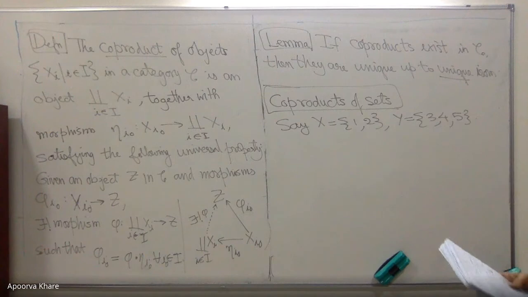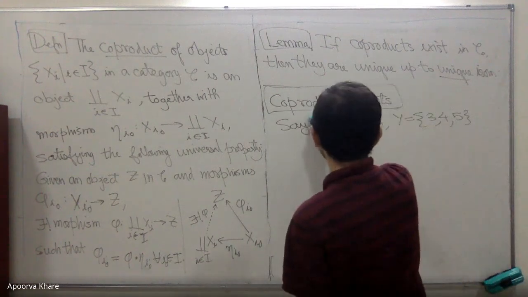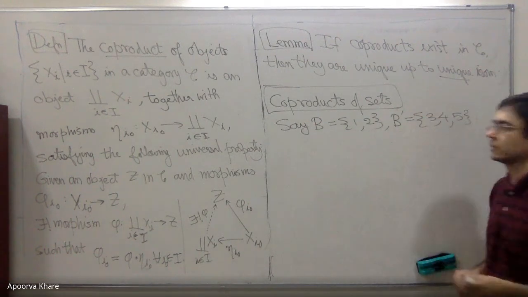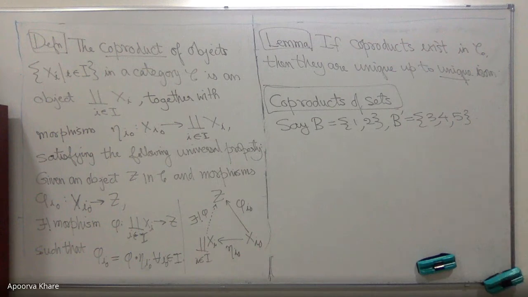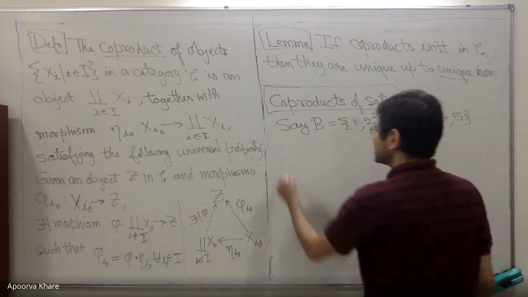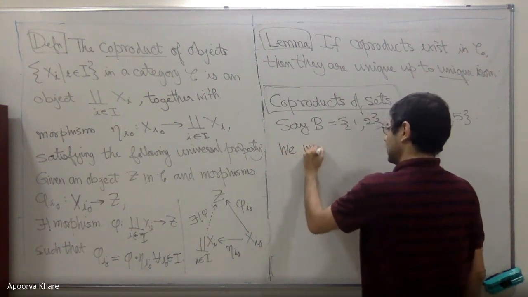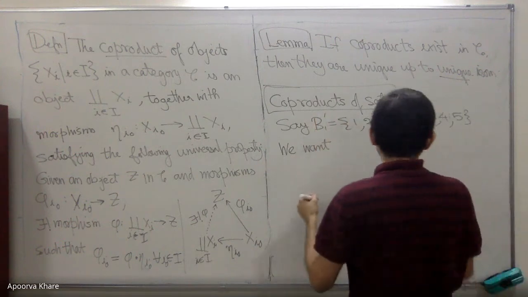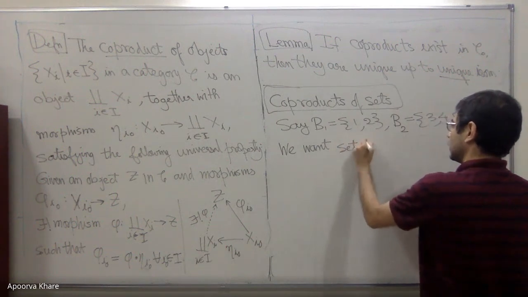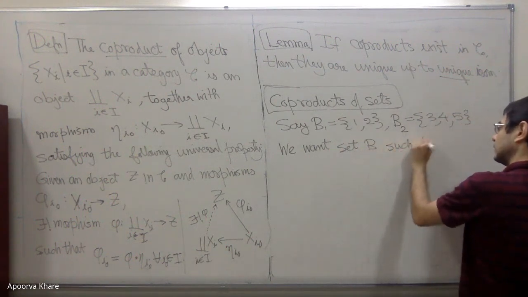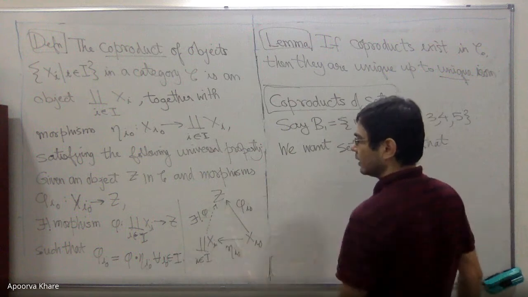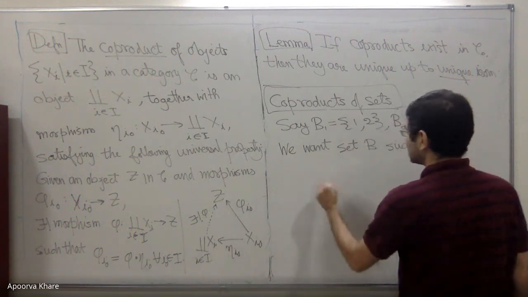Now here I'm going to start for sets. I won't use X and Y, that is for a general category. Here let me use B and B prime. So what is the coproduct of B and B prime? Let me call them B1 and B2, and the coproduct I will call B. We want some set B and some extra information, the morphisms, such that